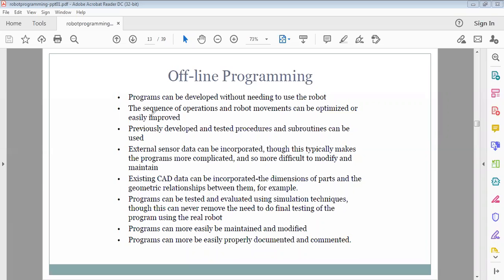That's why offline programming is an advanced programming and needs more sophisticated programming skills. But offline programming needs special languages, textual programming languages. What languages are available in the market that we can use? We will discuss that in the next slides. And also, offline programming needs an operating system.